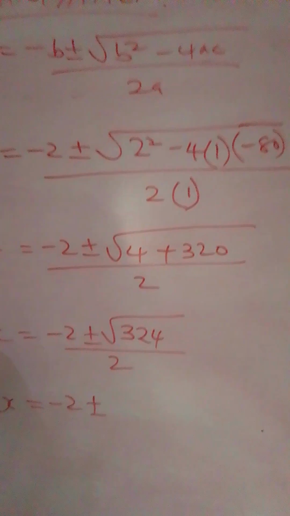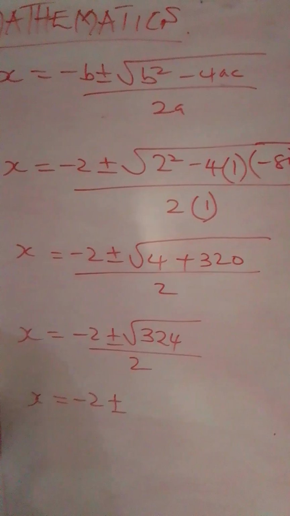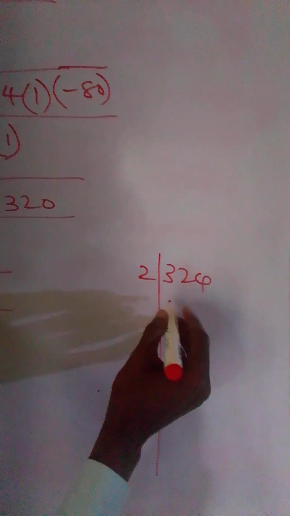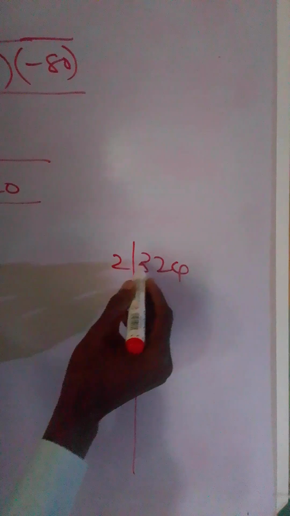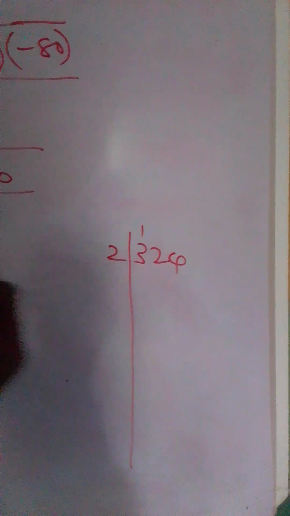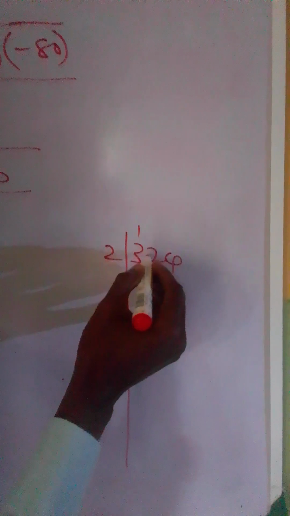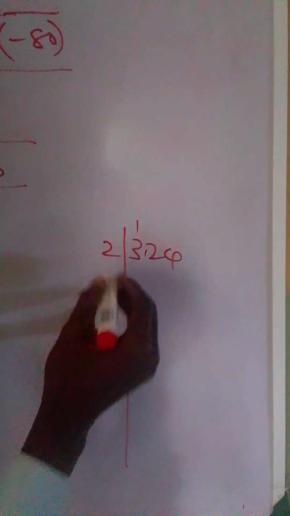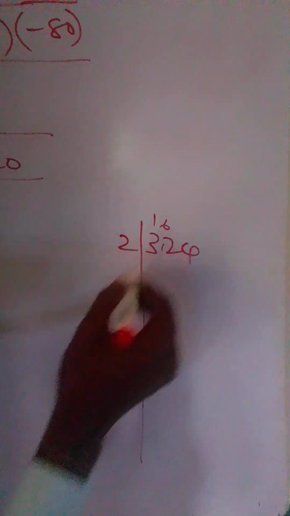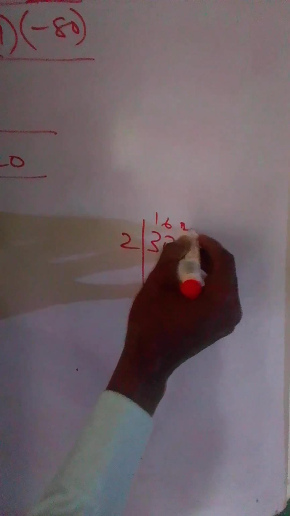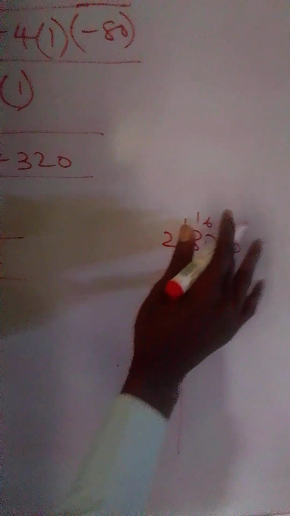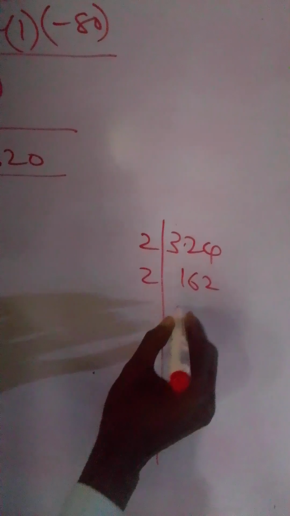For those of you that don't have a calculator, you can find the square root this way. If you don't have a calculator, take 324. Let's get the square root of this. What can divide it? 2 divided into 324 will give us what? 2 divides 3 once, remainder 1. Bring the 1 in front of the 4, it becomes 12. 2 divides 12 is 6, and 2 divides 4 is 2. So that gives us 162. Then 2 divides again will give us